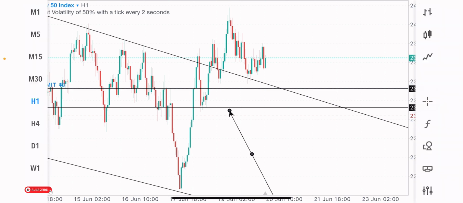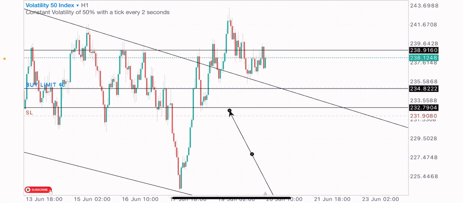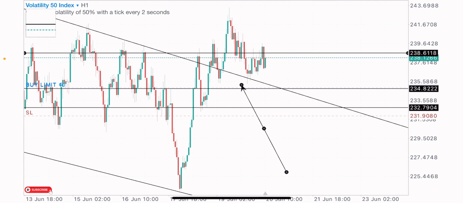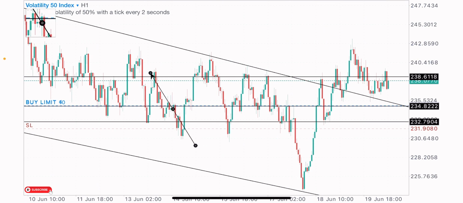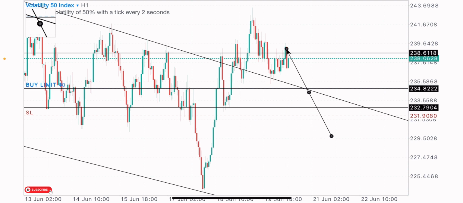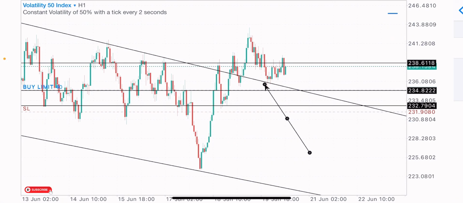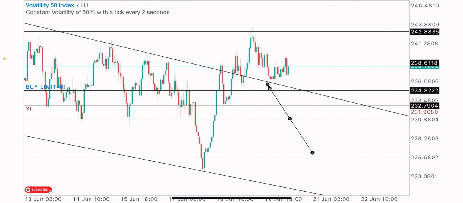So first TP level would be somewhere here, which I would set with my limit orders by the end of this video. First TP level would be on these highs. This level of price has reacted on a couple of times. You can see market reaction here, resistance as well. So that's my first TP level here.